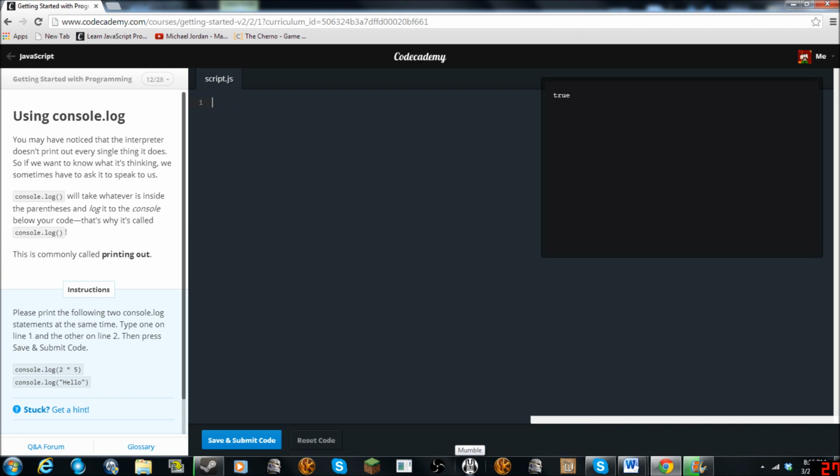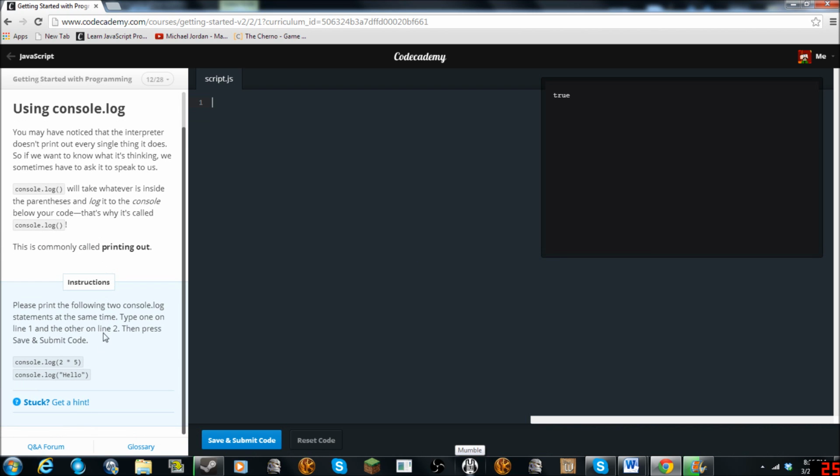Please print the following to console. When I do it in Eclipse, it's different than this. You just kind of have to get used to both ways. Like in the first episode, I did console.out.print log. It just wants you to do console.log. It's saying to the console, full stop, I want you to log, which means I want you to put here where this true is, the answer to 2